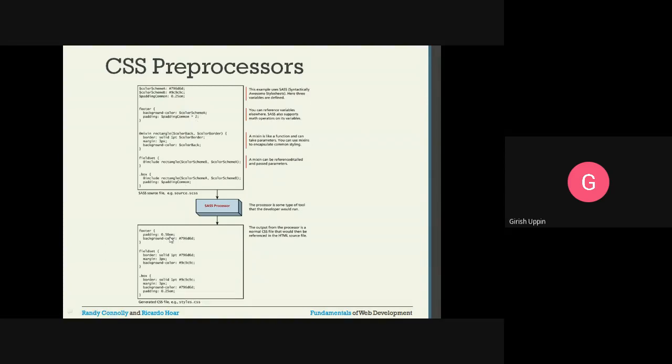Similarly, all these values will be calculated for the fieldset and for the .box class. This generated CSS file can be referenced in the HTML document, and when it is referenced, all this styling will be used for painting the HTML elements.